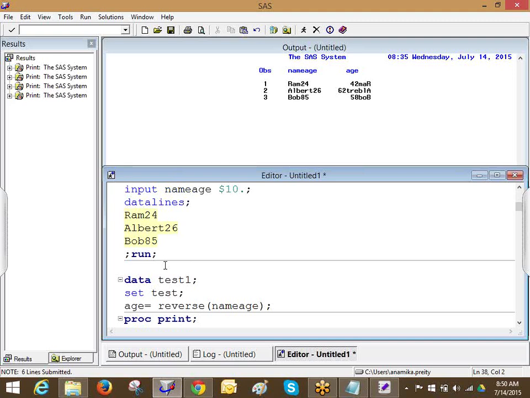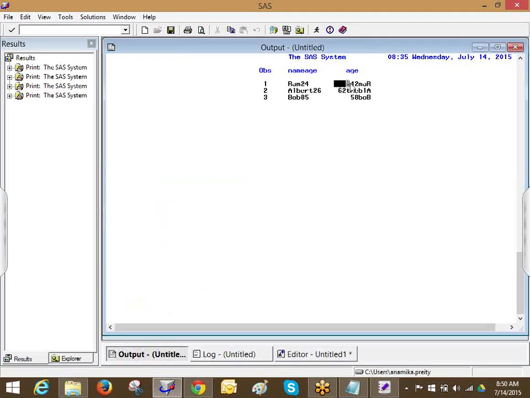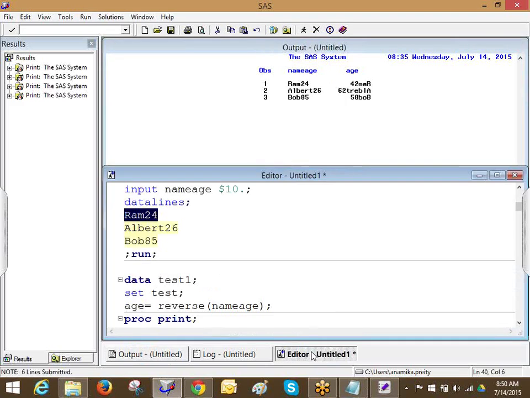The length is 10. So that means 5 characters and the remaining 5 are spaces. Will be blank. Yeah, trailing blanks basically. You have assigned a length of 10 bytes. It got 10 bytes of space, so 5 are characters. What is the rest of the 5? Space. So when you are creating a mirror image, those spaces are also coming in the beginning. What do we do? There are 2 methods. Either I trim it